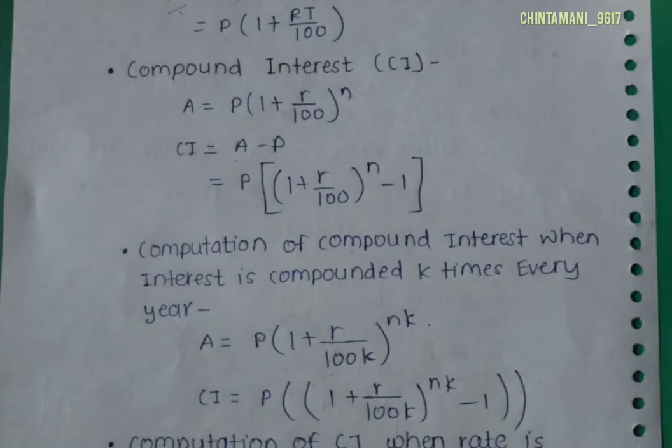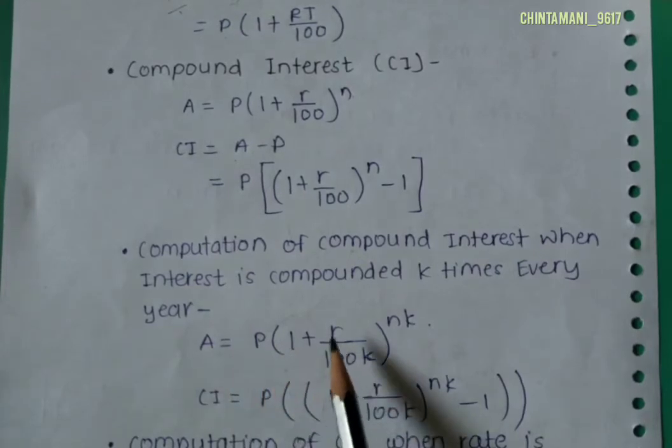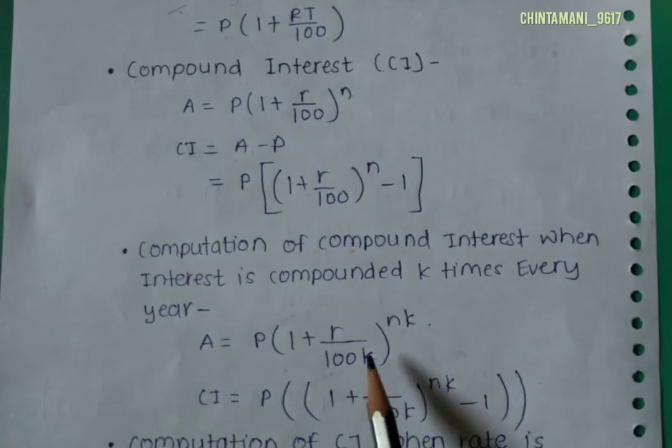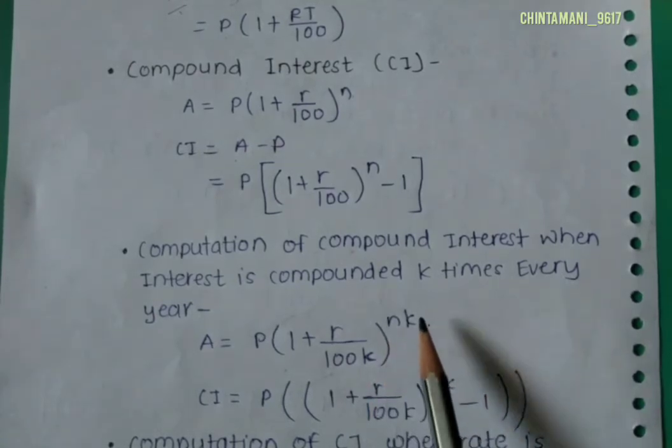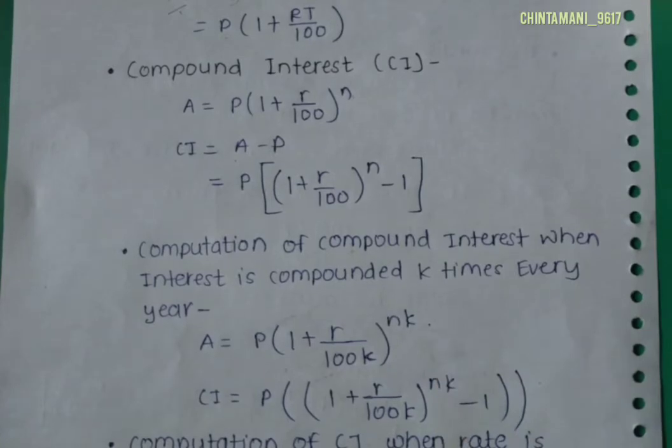So if compounded monthly, the amount formula for compound interest will be A is equal to P (1 plus R by 100 into 12) raised to 12 into n. If it is calculated for 1 year, then n will be 1. If calculated for 2 years, then n will be 2. Similarly,